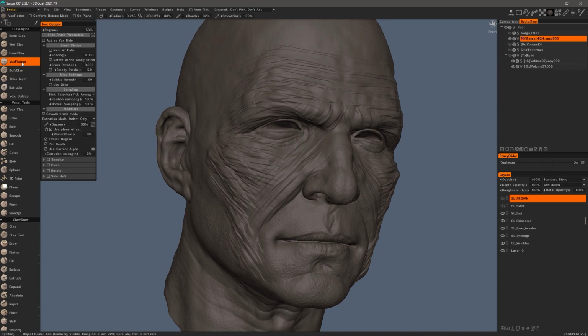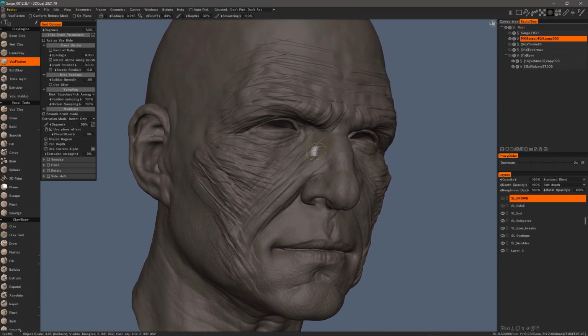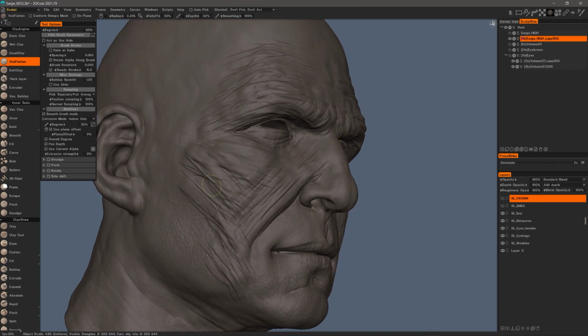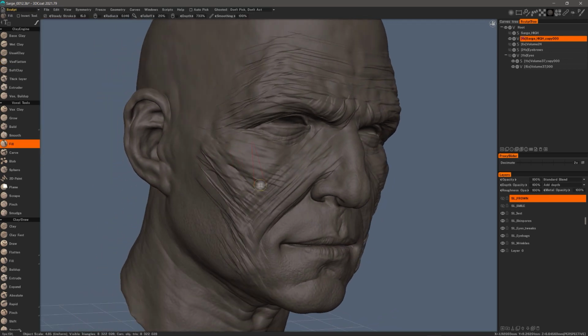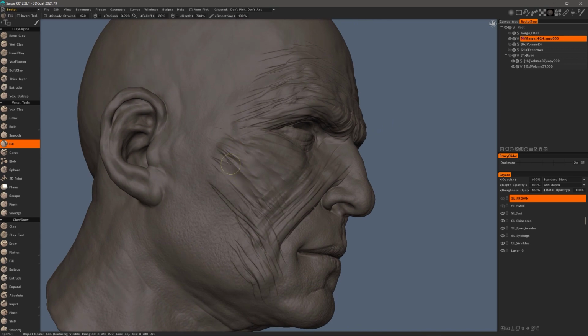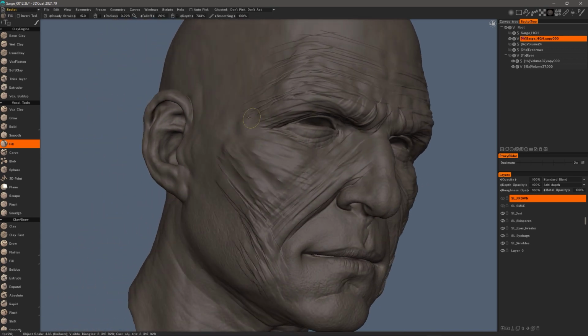Another new one is Vox Flatten. I like using the fill brush in voxel mode. I think it works better than fill brush in surface mode because, again, it's just turning on and turning off voxels in 3D space, and it's conforming that outer mesh to the volume changes.